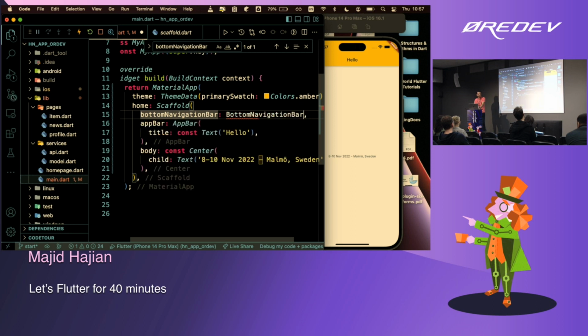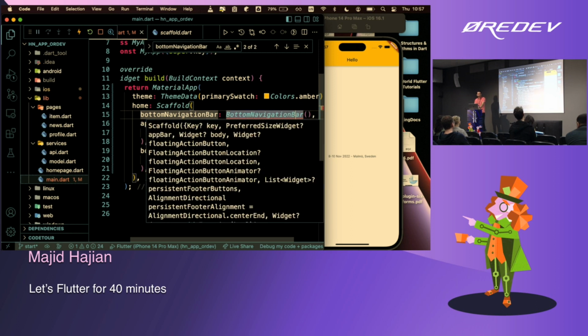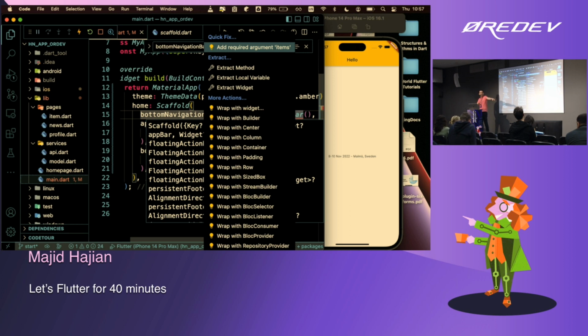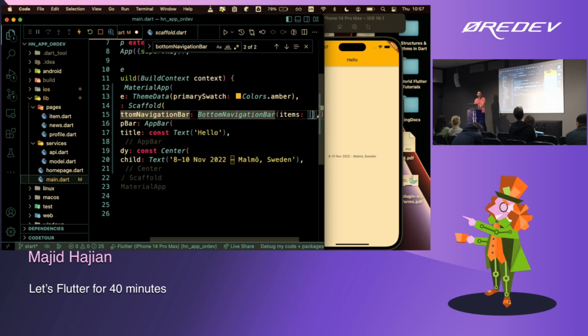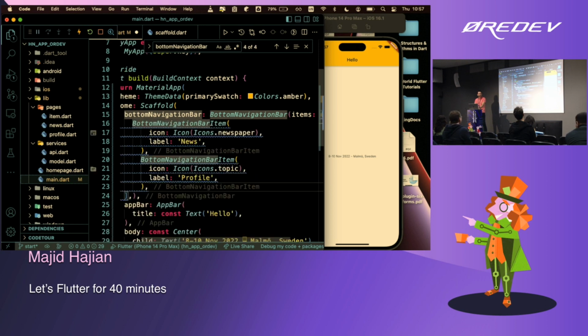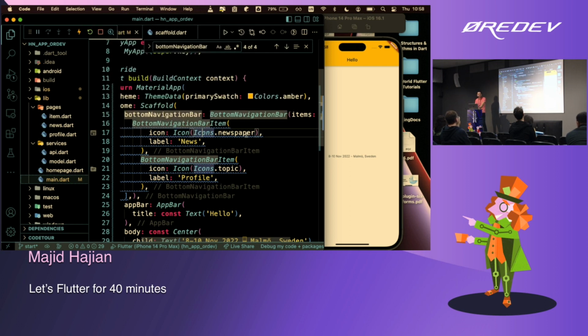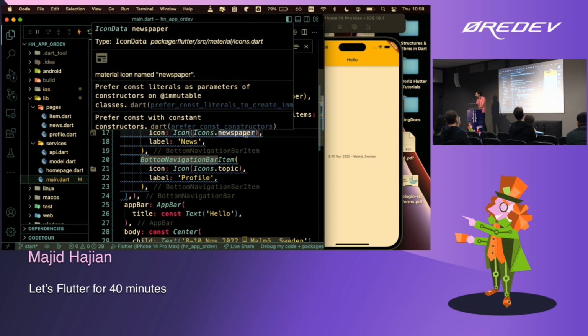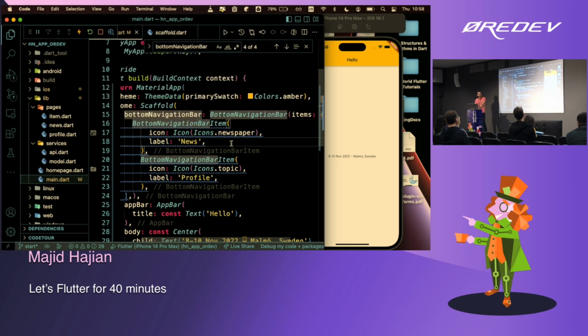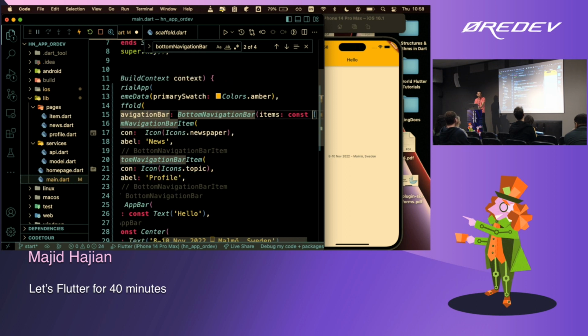navigation bar. And by default, even compiler tells me that, you see, items argument is required. You don't know, but analyzer is telling you. Just take a look at that and add that. So you need to add a list of button navigation items. And these are the item class that you can pass an icon. Icon is a class, and you pass your icons, whatever. It could be SVG or anything else, and a label. Just gonna save this. Well, of course, this needs also a const modifier before here.